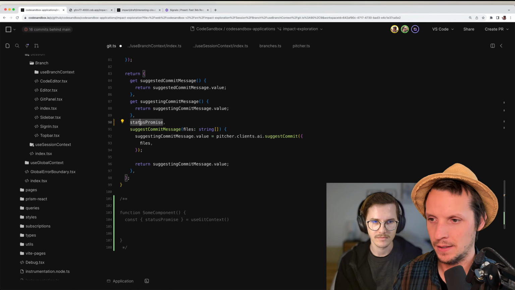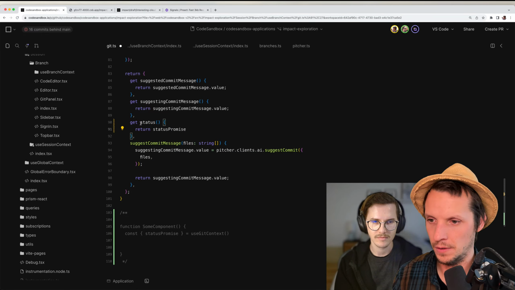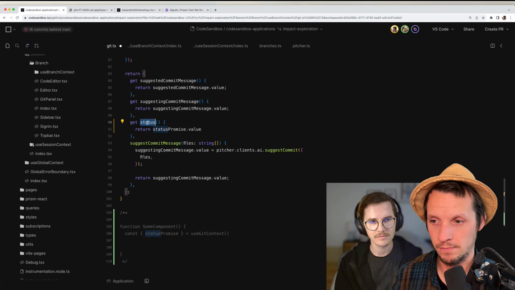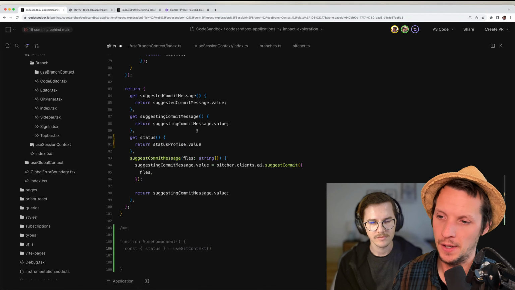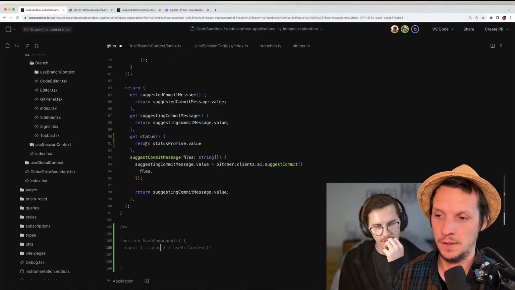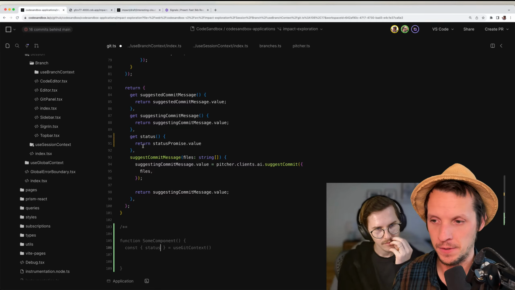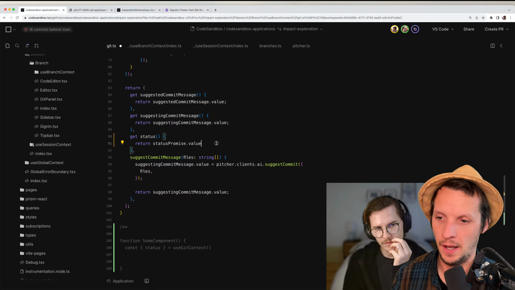So if you use a getter, you do two things. You return a read only value. If you hover this, it becomes read only. And you're not able to change it from the outside because it's a getter. And we still access the value, so it tracks. If a component does this, it will start tracking that status because the getter accesses the value of the signal.